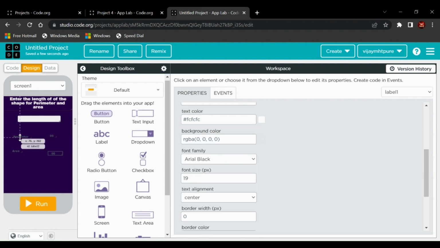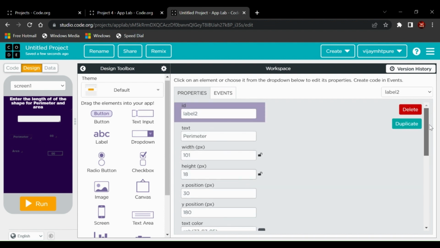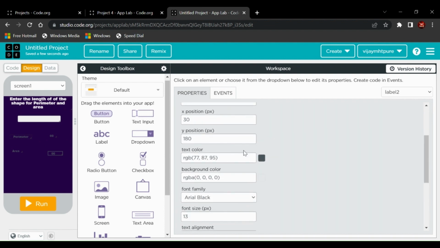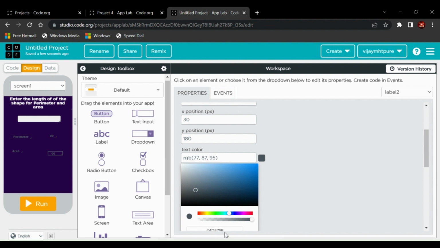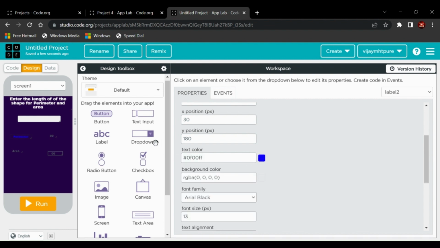Like this, and the perimeter name text to blue color